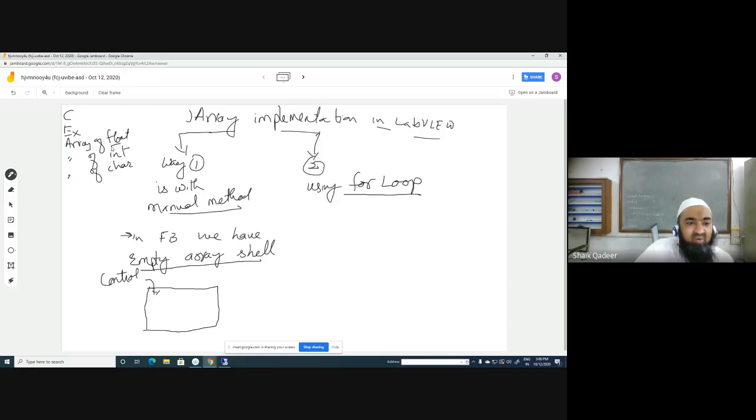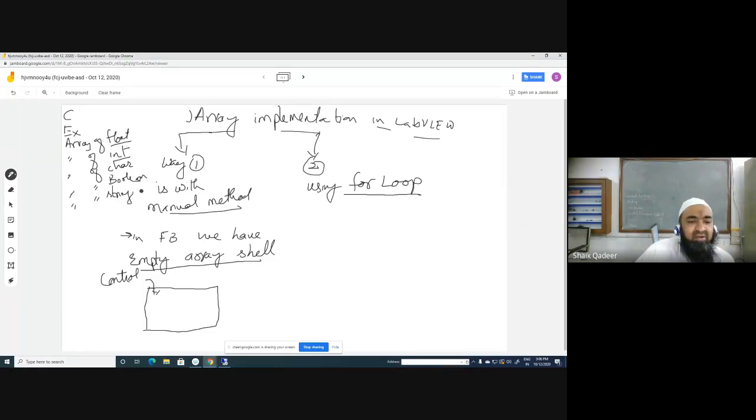What type of control? If we want a float array, we add a float control. If you want an int array, we can add an int control. If you want a char array, we can insert a char control. Or if you want a boolean array, we can even have an array of strings. Please make a note of this.